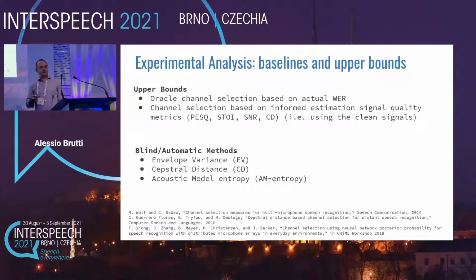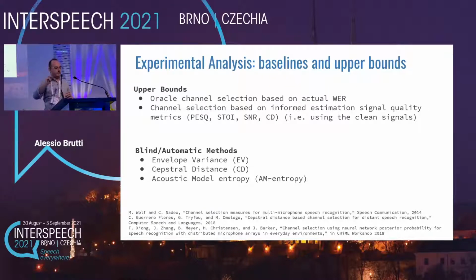So for the evaluation, we have, of course, our upper bound, the Oracle channel selection based on the word error rate. That is the best that we could do, and it is our target, which we will never achieve, of course. Then we consider another set of, let's say, Oracle methods based on the signal properties. So these are related to the state-of-the-art methods that I'm going to explain later. These are Oracle methods because we compute the metrics representative of the quality of the signal, like STOI, PESQ, SNR, using the reference clean signal. So those metrics are correct.